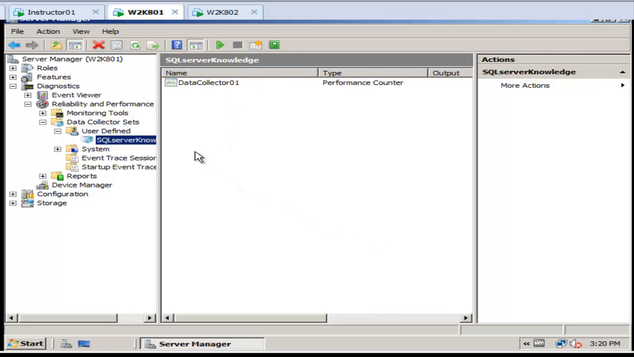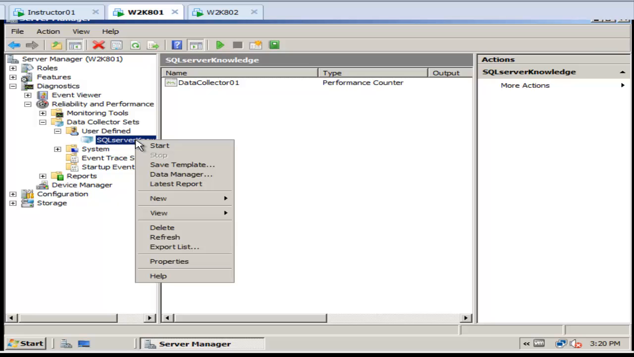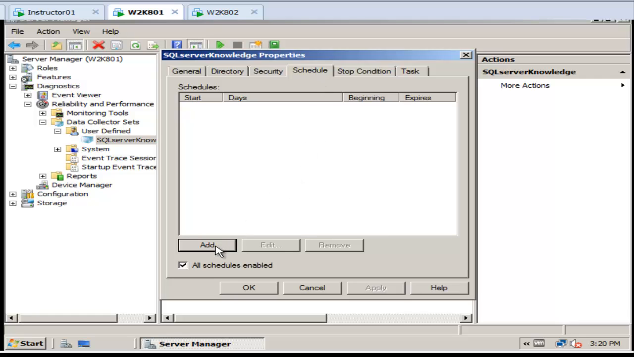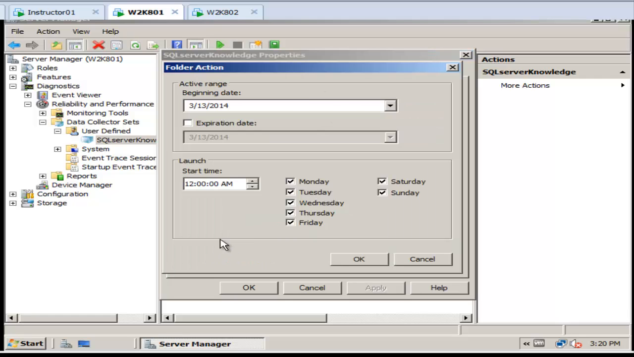Now we're going to take our SQL Server Knowledge set and schedule it to run. So we will right click on that and go down to Properties. And right here is our schedule. We want to add a schedule. We're going to begin the date today. The expiration date, we could have that, maybe not have it. Let's set it for